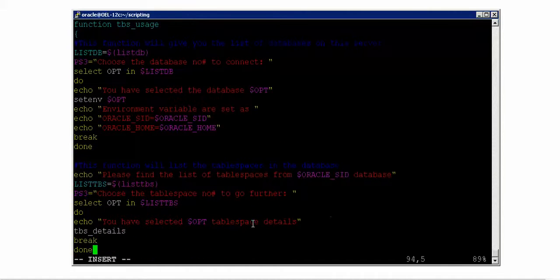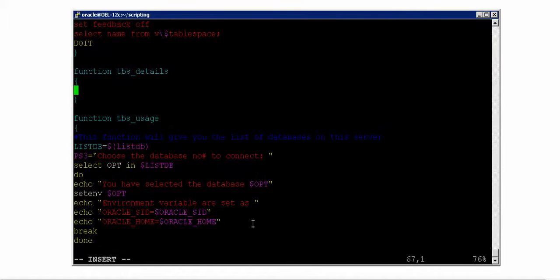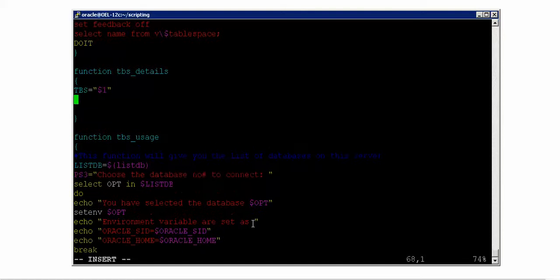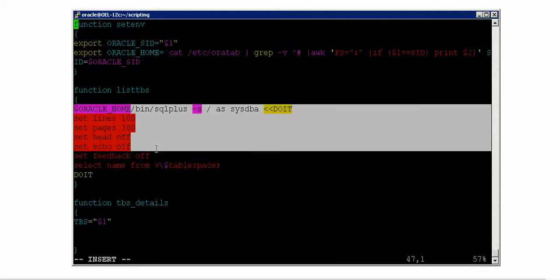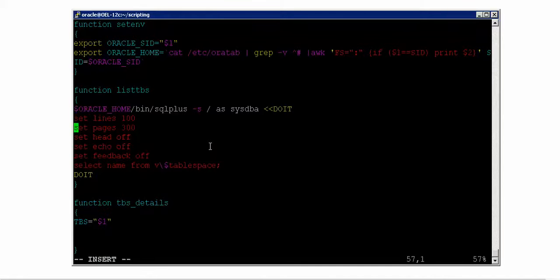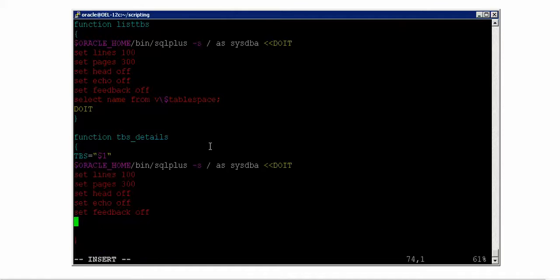and it has to basically also know which table space it has to go and get, right? So I'm passing this $opt here, so I will capture it there. So here the first thing I have to do is a temporary variable, assigning with $1. All right, now I should connect to the database, right? So I will use the same thing here and then connect to it. Until here there is no difference, but set head off is something that I have to not include. So let me copy paste until here and then edit, and do it is also what I have to include, and feedback off is okay, but set head off is what I have to remove.